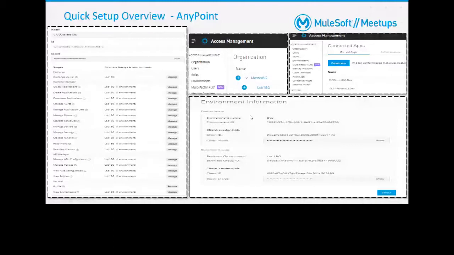This part I already covered, that we have two business groups. One is master and another one is LOB1. Whatever we are doing today is under the LOB1 BG. And these are two separate apps I have per business group and for their dev environment. So you can play around based on whichever best practices you want to use. But my preference as of now, for this learning experience, is that I will use one connected app per environment.